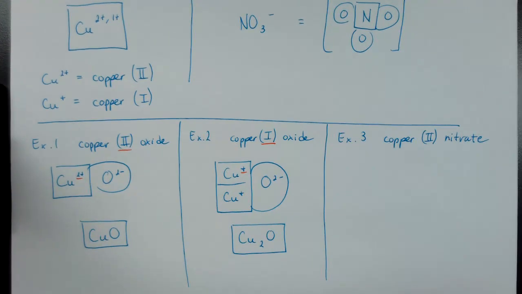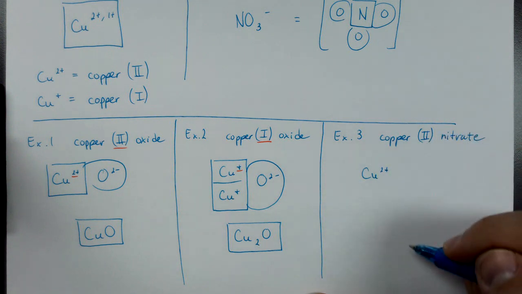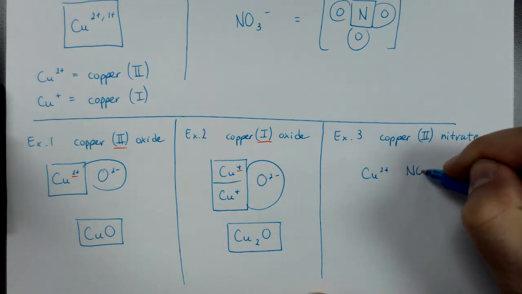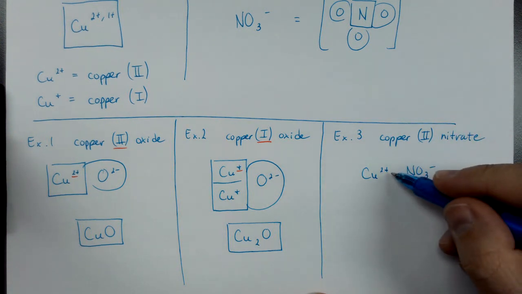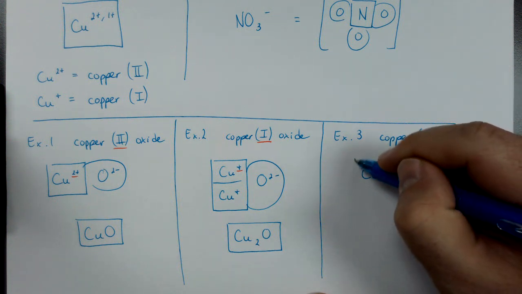Okay, last one here, just to see one of these polyatomic ions. So here's copper 2 plus. Here is NO3 negative. 2 plus, 1 negative. We need 2 negatives